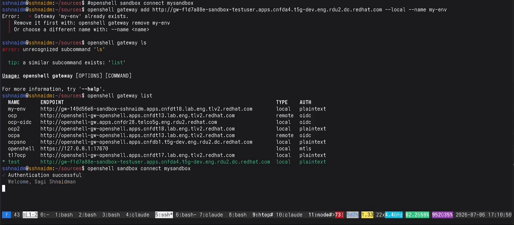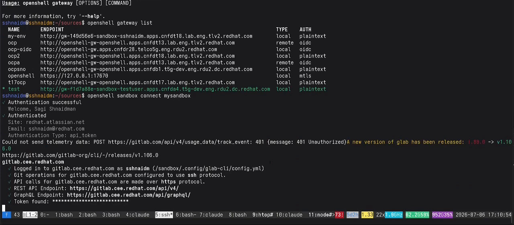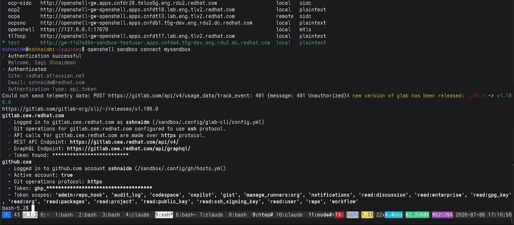Alright, when we connect, it starts to authenticate from environment file, and we can see that in my case it authenticated with GitHub, GitLab, Jira, and everything else.